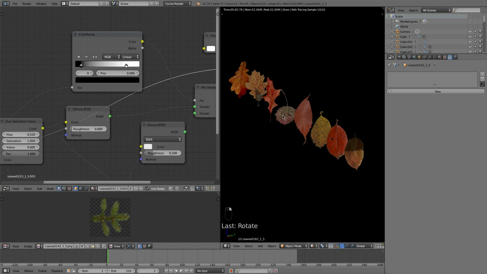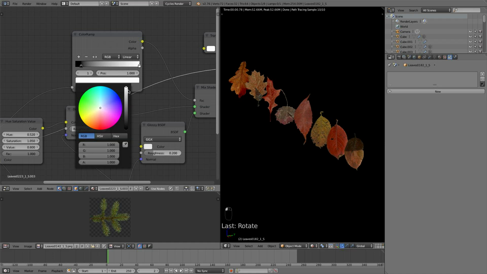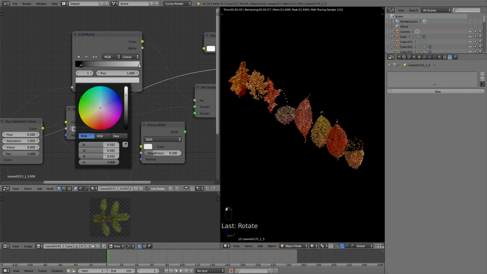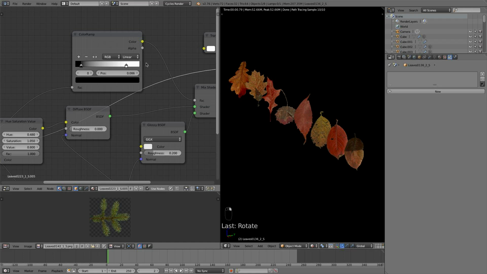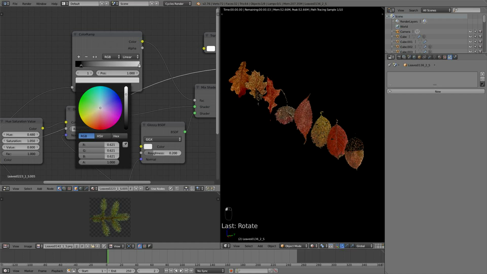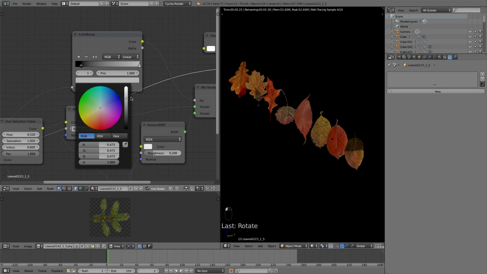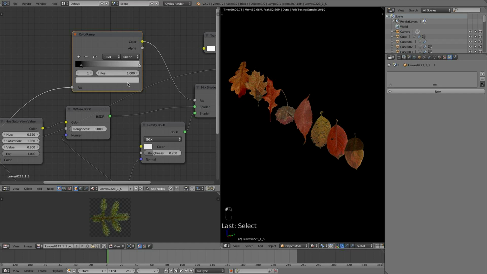And any of these that have too much glossy, take it down a bit. Okay, maybe that one's a little bit too much. Maybe that one's a little bit too much. Just kind of checking through all of these. Might be a little bit too shiny. And that one's probably a little too shiny as well. So with those minor adjustments done now, we should, fingers crossed, have a better looking, maybe I go 4.9, better